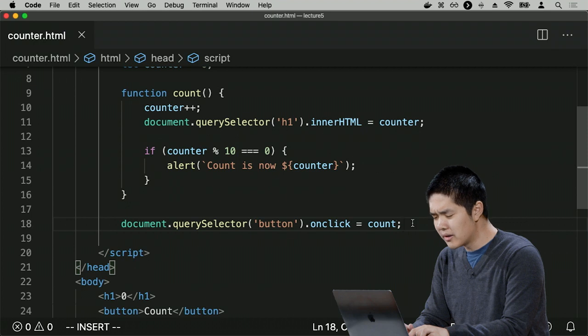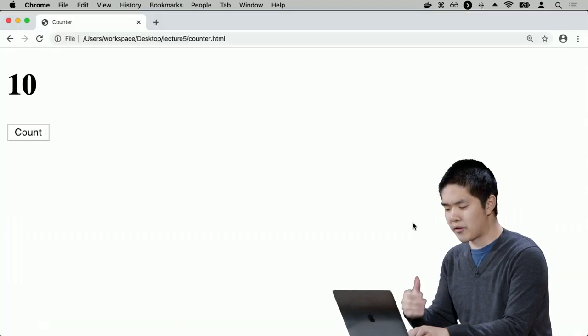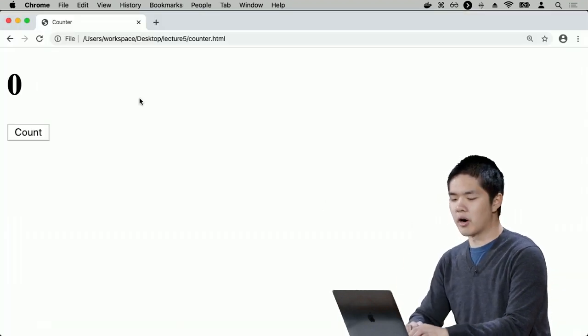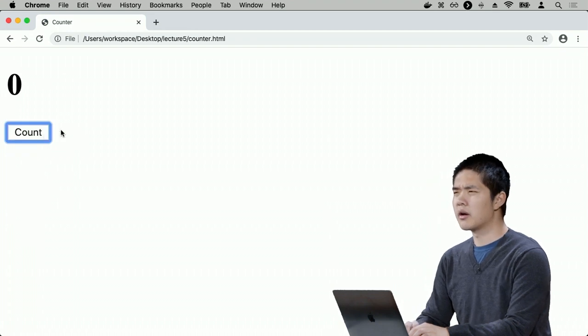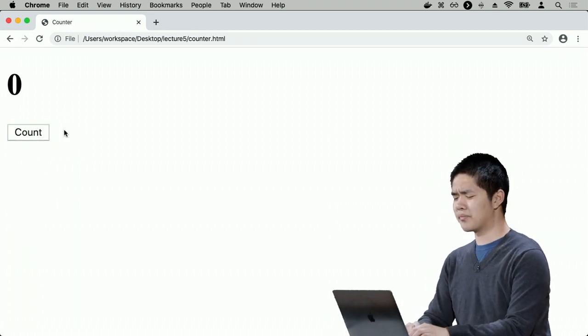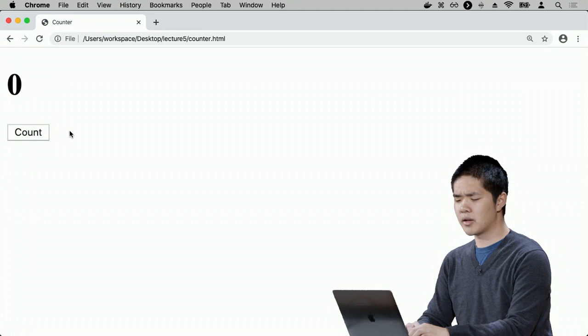So now I can try and run this program by going ahead and refreshing the page. I'll refresh it. It's 0. I press count. And all right, nothing seems to be happening. It's still 0. I want it to be counting, but it doesn't seem to be working. So why not? Anytime you run into problems in JavaScript where you're not getting the behavior you want, often it can be helpful to look at the JavaScript console,